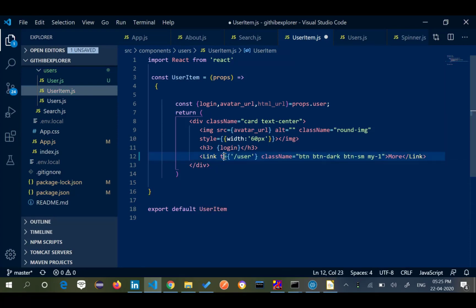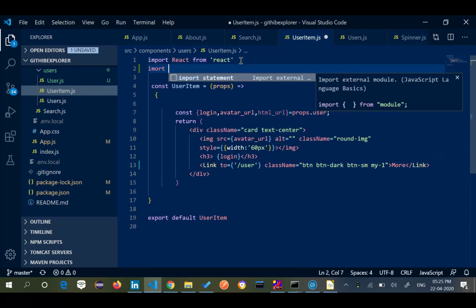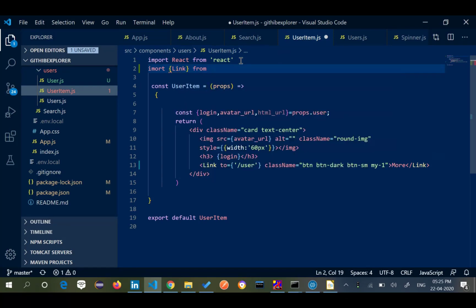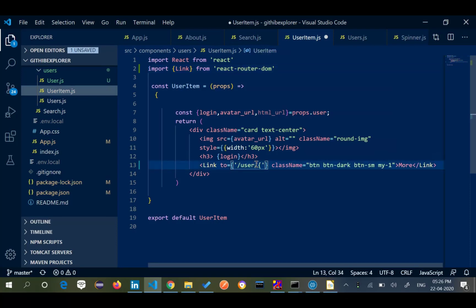So link to this, and import Link from React router. So slash user slash.